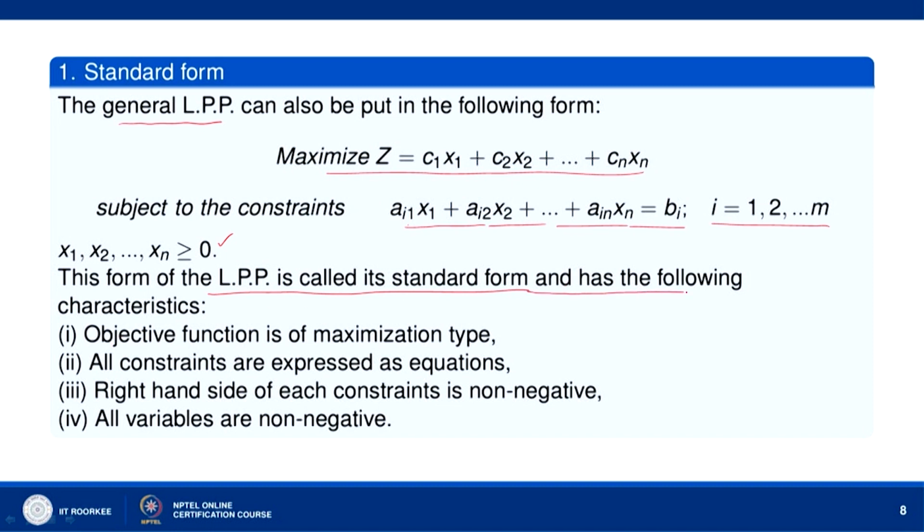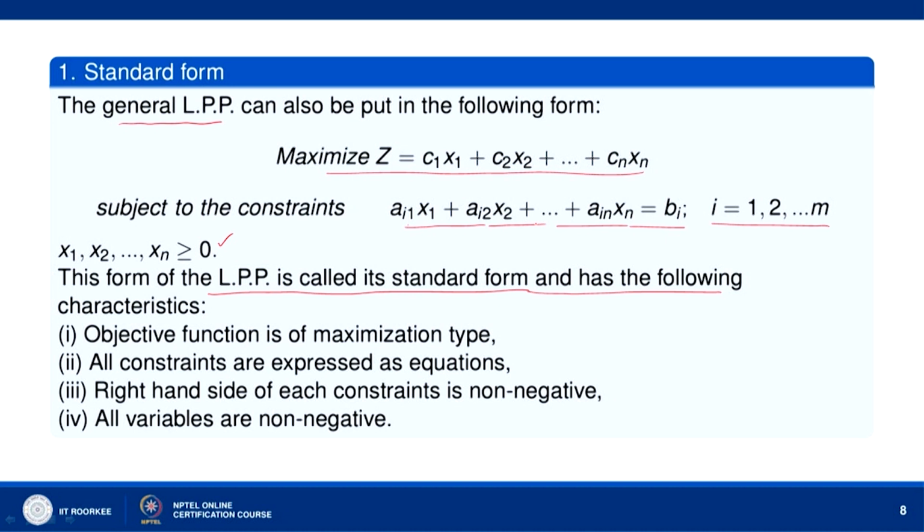Now, the standard form of LPP we will discuss when we use the simplex method to solve a general linear programming problem. In the simplex method, the first thing that we do is bring the LPP into the standard form. So, if the objective function z is to be minimized, we will consider the corresponding problem of maximization of z dash equal to minus z. So, maximization of minus z we will find. So, first thing is that the objective function must be maximized,